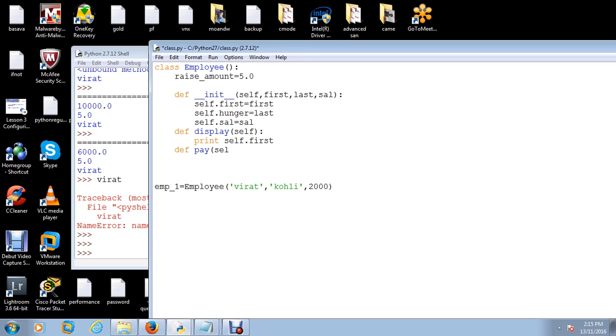As usual, self would be the first argument because the instance would be the first argument to be passed, and self.pay is equal to self.pay, which is the pay of the employee instance, times raise_amount. Now if I run this code